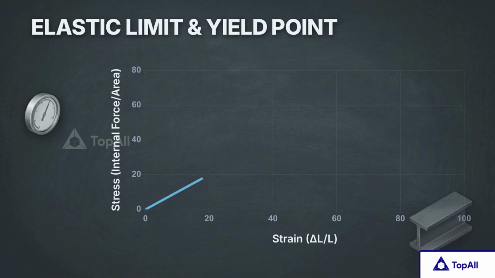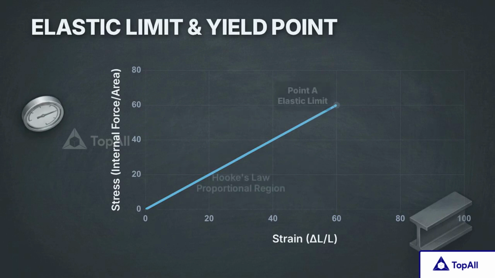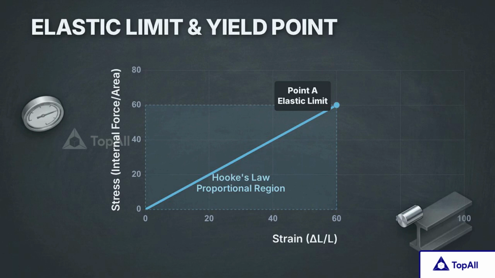Let's look at the very beginning of the material's journey. Starting from zero applied force, the curve plots upward in a perfectly straight, diagonal line from the origin to a marker we'll call point A. This straight line illustrates Hooke's law. In this specific proportional region, the stress and strain are in exact lockstep. If you remove the load anywhere along this line, the metal behaves like a perfect spring and bounces back to